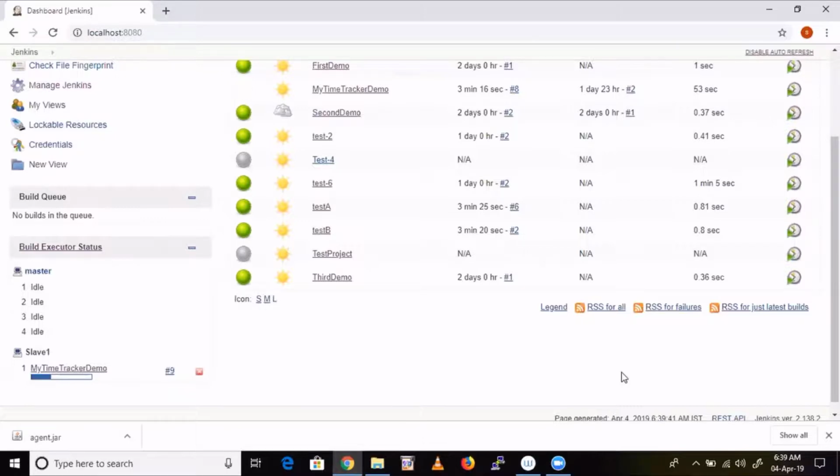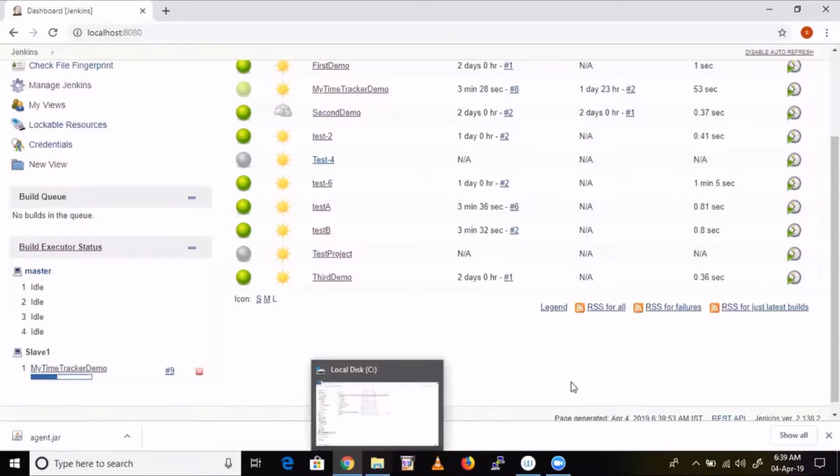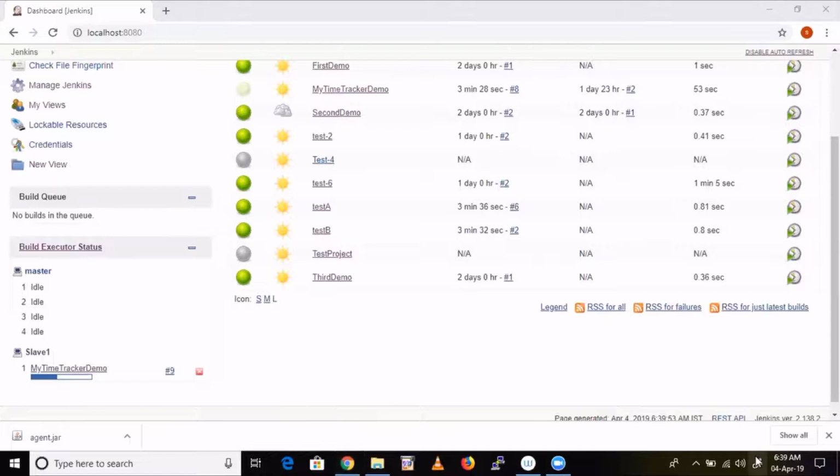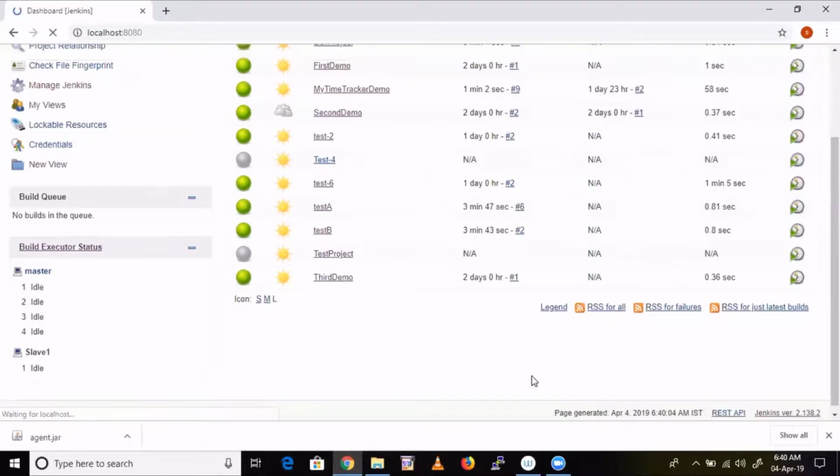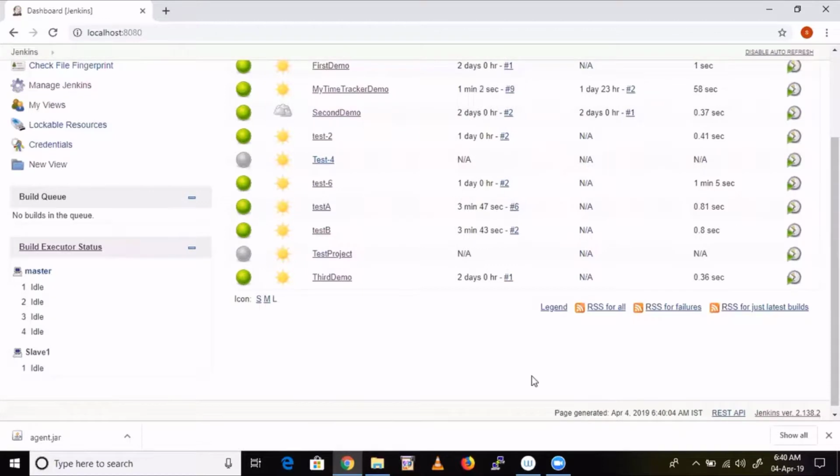So that's it. Understood, guys? This one? Did you understand this one? So I have one question. Yes, please. What I understand, the slave is running in a different box, or why do we have the same box? So just to have a separate workspace. Okay. So that's the main reason.